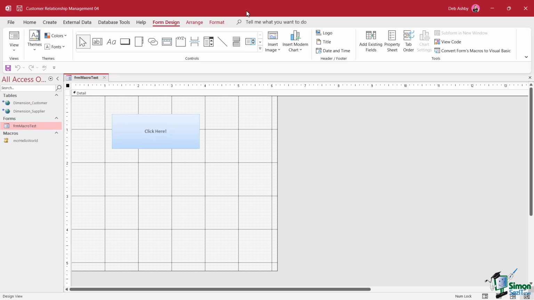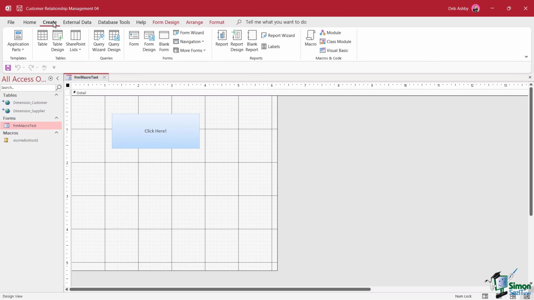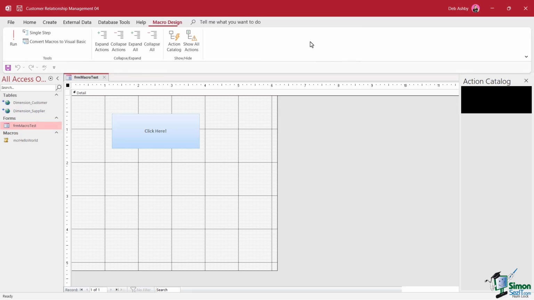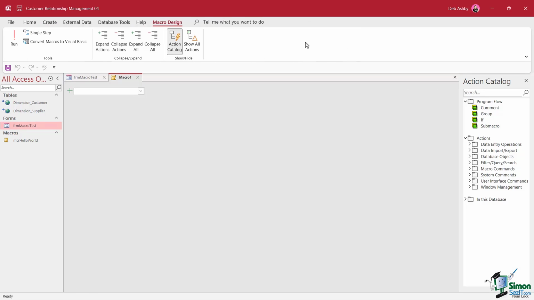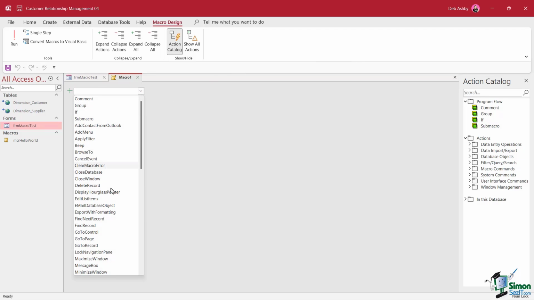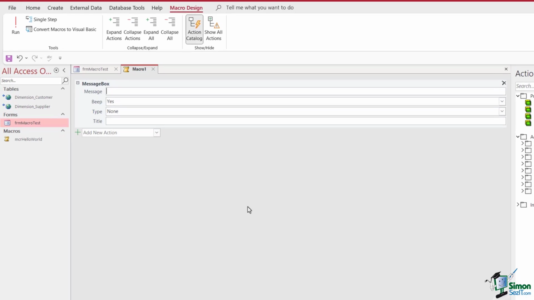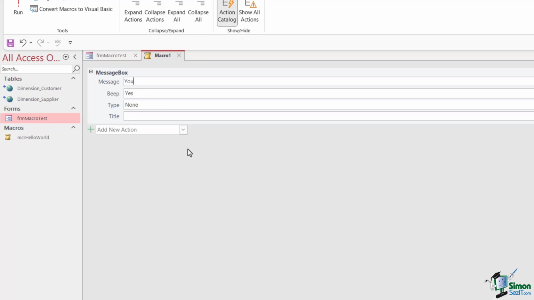So now we have our button. We need to create our macro. So let's jump up to the create ribbon. We're going to click on macro, and now we can build out what we want it to do when we click on this button. So once again, we're going to go for a message box. The message is going to be "You clicked me." Do I want to beep? Let's say no. The type is going to be, let's go for a warning. And the title,